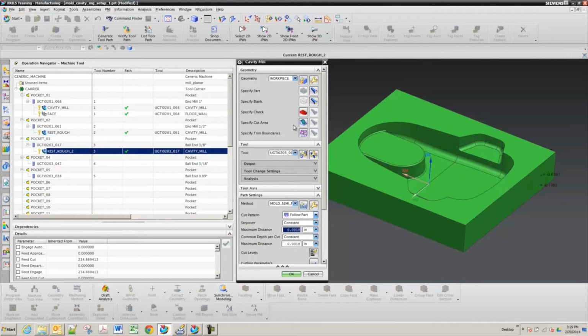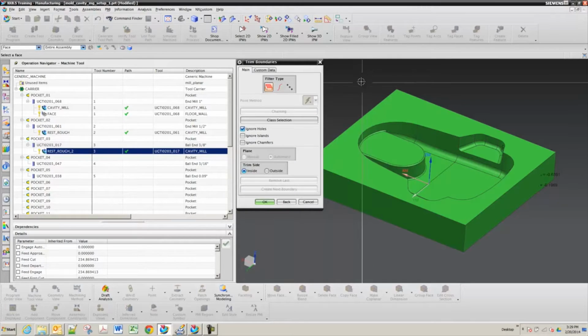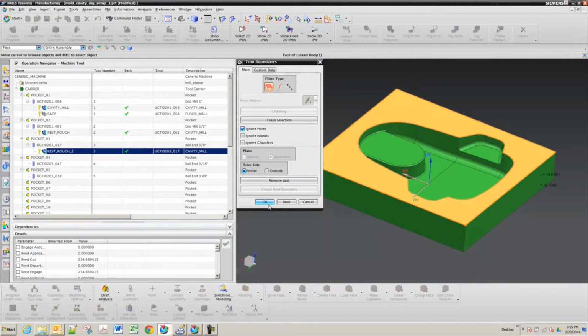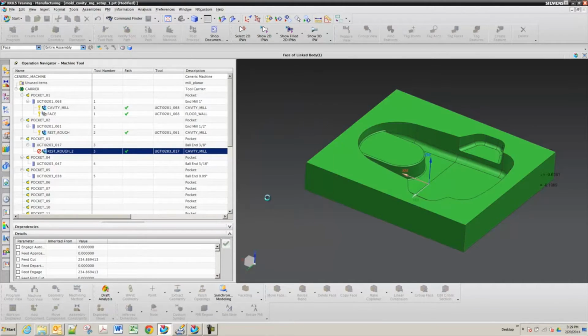If yours is going outside, you can pick the outer boundary. If it's doing like mine, you could say specify trim boundary. Actually, you could just pick face, say ignore holes. So if you pick the top face, is yours also going on the outside? Yep. Okay, so pick the top face, and then just hit trim outside,